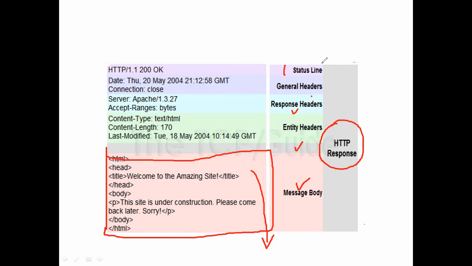The first section of the HTTP response is the status line. It contains three fields. The first one is the version of the HTTP protocol. The second one is the status code.